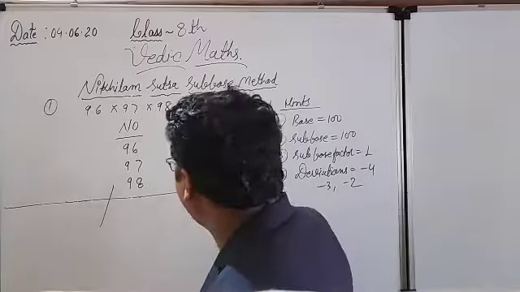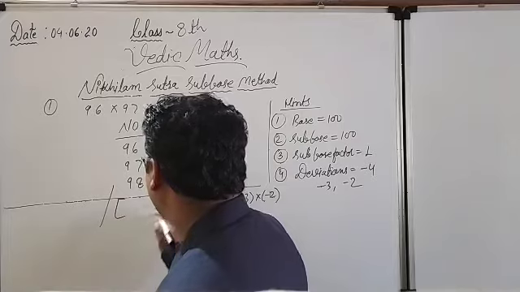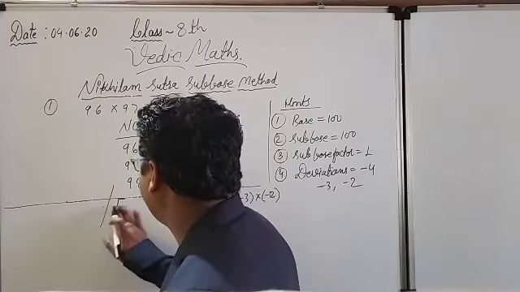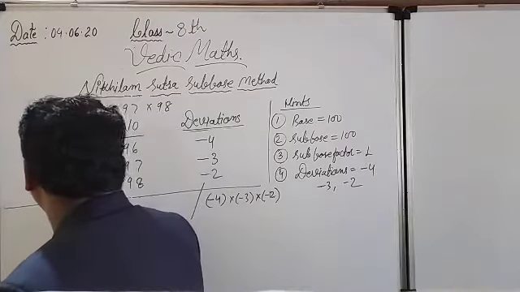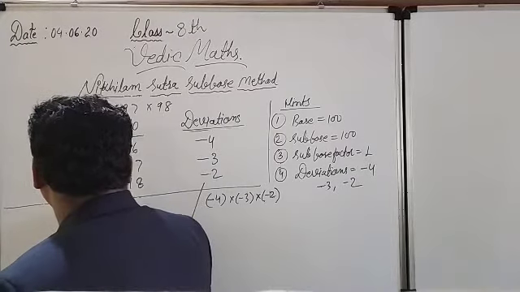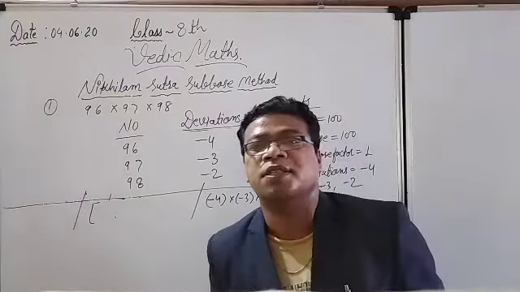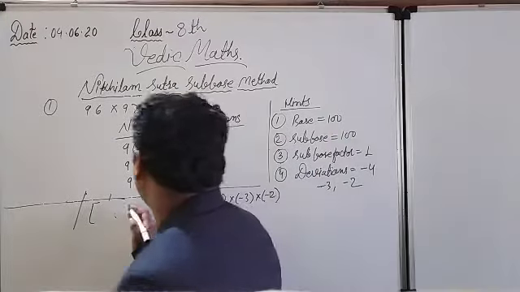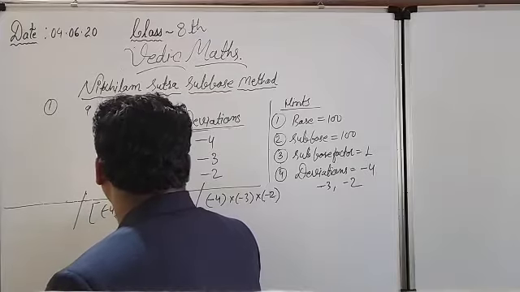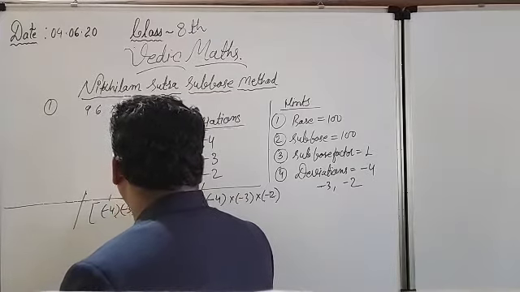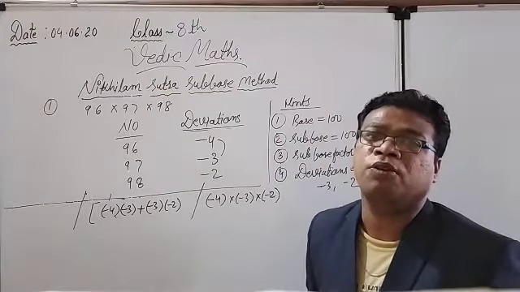In the second part, what I have to do is make the pairs of them. First I will write inside the big brackets. Why am I doing so? Because I know the things are already in negative form, and I have to multiply all the deviations according to the pairs. So see the pairs: -4 into -3, plus, after that -3, -2. See here again, I am just making the pairs and going to multiply.